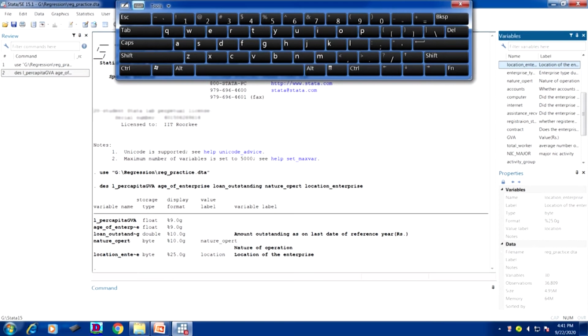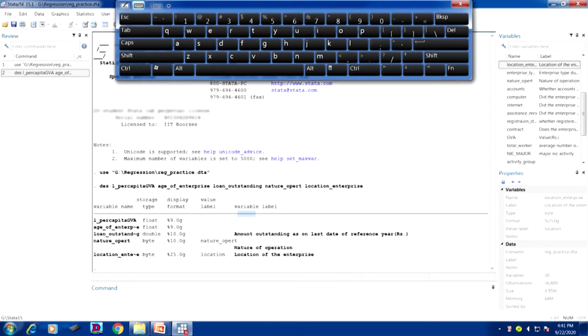Now, this also shows whether the variable is in string format or in numeric format, those aspects we have already clarified earlier. If you have some difficulties, please follow our previous lectures for better clarification. It also gives variable labeling. So, variable labels are also shown.